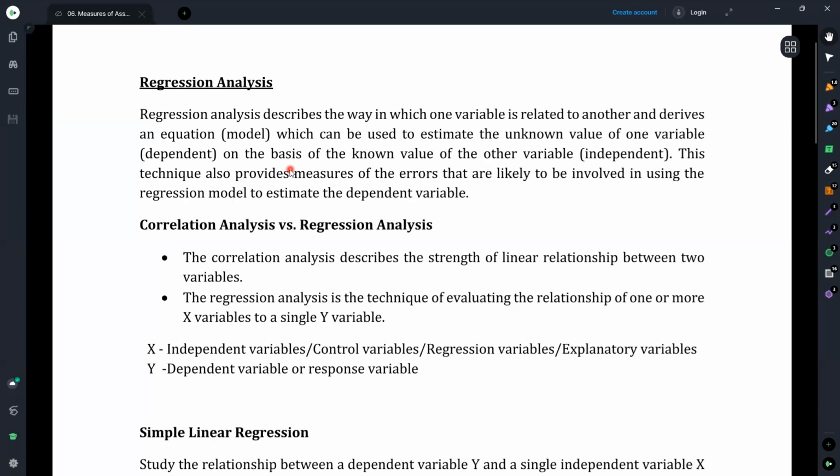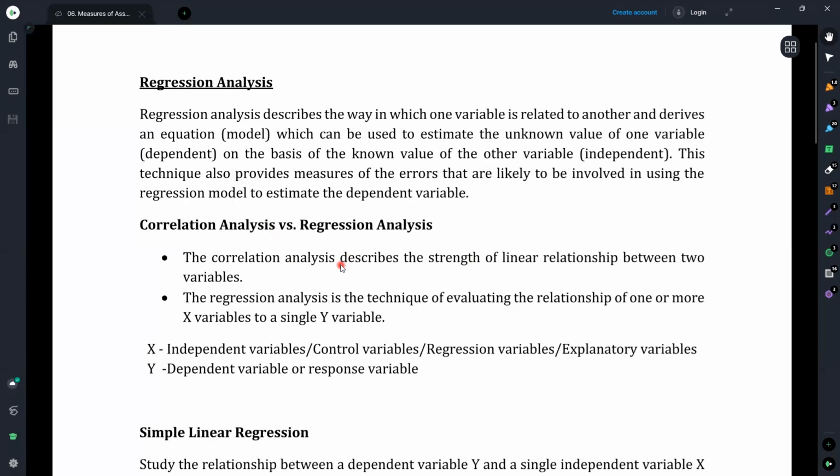If you are discussing correlation analysis and regression analysis, the two techniques are quite similar. Using both techniques, we identify the relationship between two variables, generally on the interval scale or the ratio scale. Therefore, the similarity of these two techniques is that the correlation analysis and the regression analysis both describe the relationship among the variables.